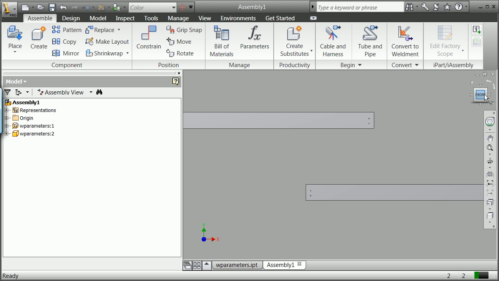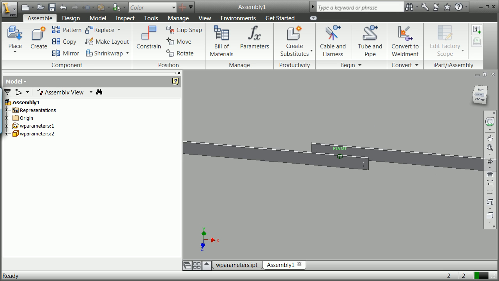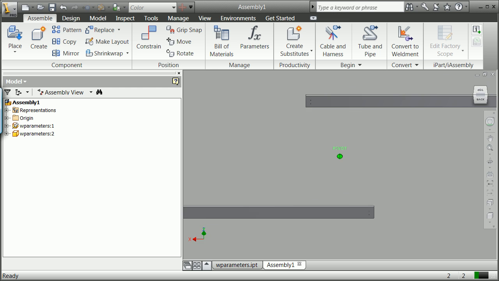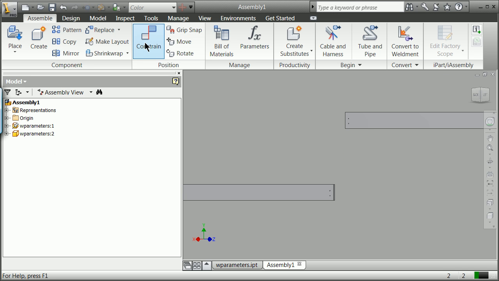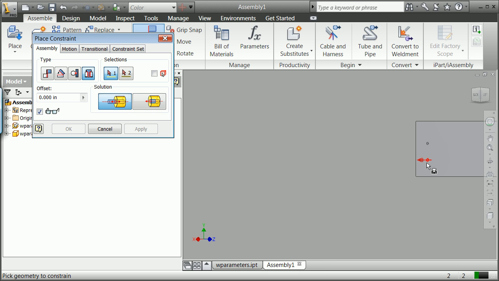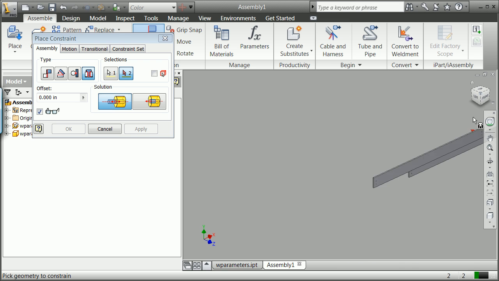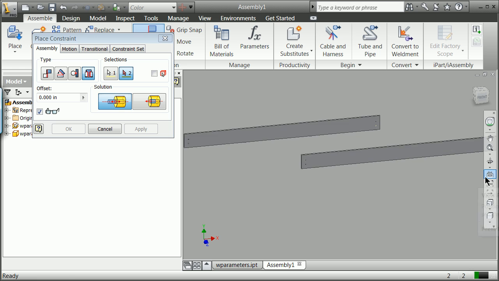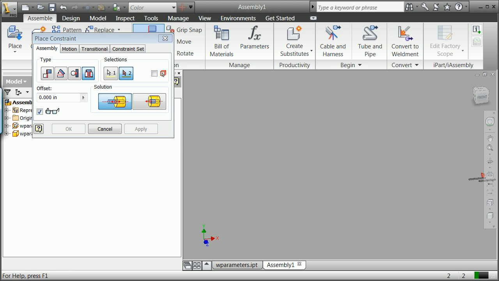I'm not sure where that placed it, but right away they're in opposite positions, not necessarily in the same space, but this would be a good occasion for us to use the constraint. I can do this constraint here and use the opposed. I'm going to grab this hole here coming out the back side, hopefully, and then as I zoom around through, I'm going to hit the pause and